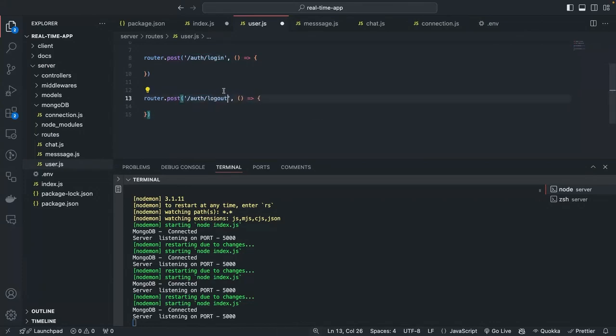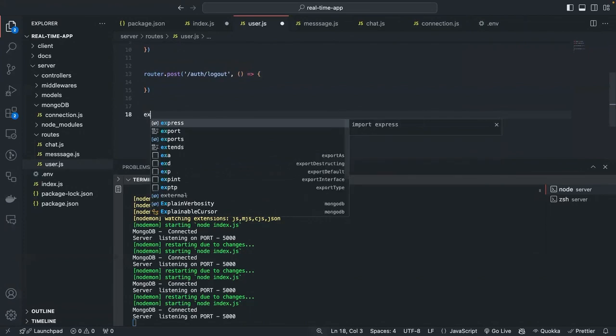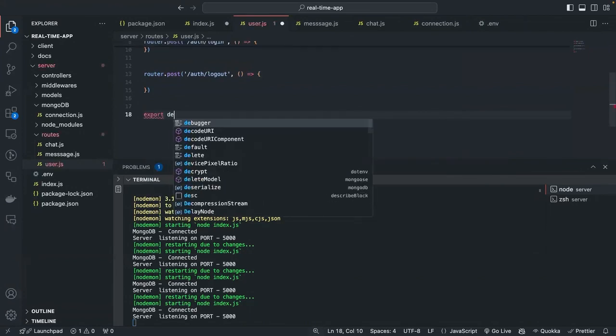So these things should be there, and maybe there will be more user APIs, right? Like let's say API slash user, users ID, users update, all those things, right? But for now, let's work with these two things. So this is our routes, and then we export it. So export default